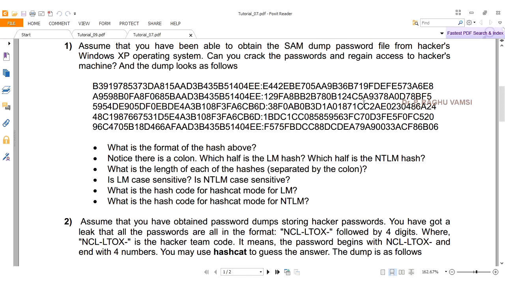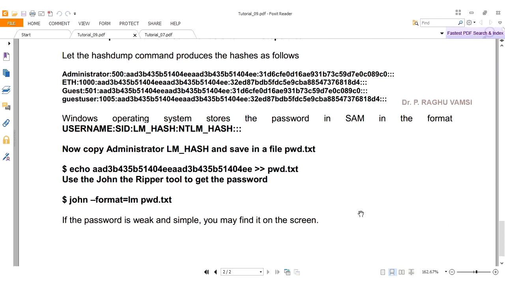Here I have directly given the command. You copy the NTLM hash and use the John the Ripper format. So john --format=nt, that is the NTLM format, and password.txt.